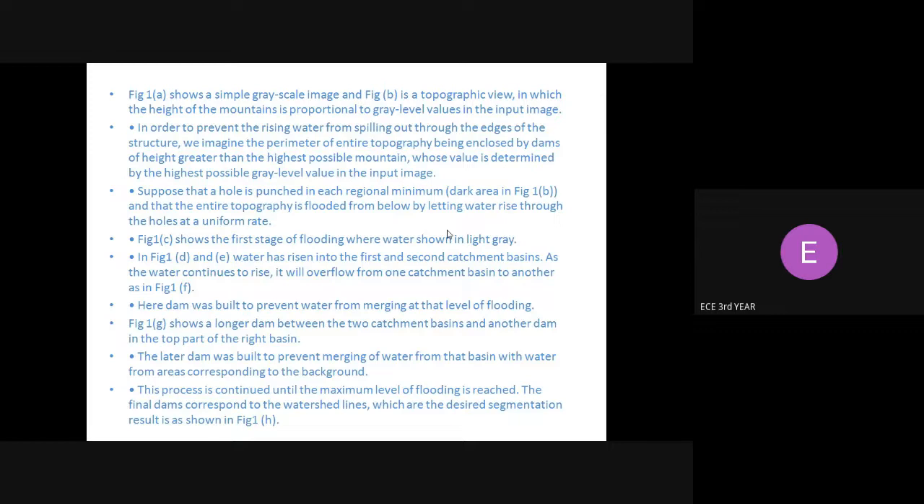Figure 1a shows a simple gray scale image and figure B is a topographic view in which the height of the mountain is proportional to the gray level values in the input image. In order to prevent the rising water from spilling out through the edges of the structure, we imagine the perimeter